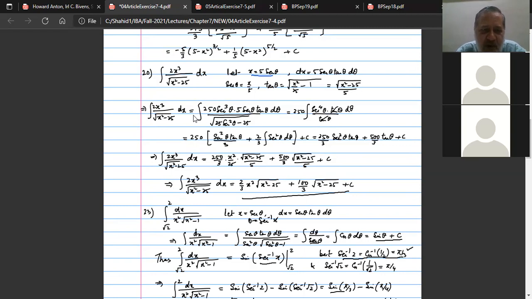Substitute all these things. x cube is 5 secant theta cubed. So 5 cubed is 125, into 2 is 250 secant cube theta. The differential gives 5 secant theta tangent theta d theta. And in the denominator, x is equal to 5 secant theta, so x square minus 25 is 25 secant square theta minus 25. All constants are taken outside. One is 5, one is 25, and one 5 will come out of the square root. So the 5 that comes out of this square root will cancel out with this, and 25 into secant raised